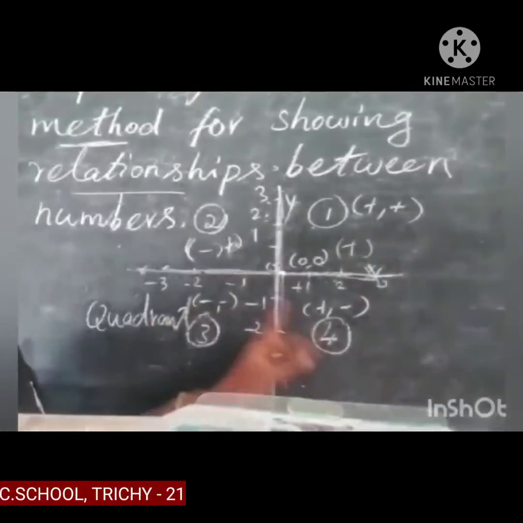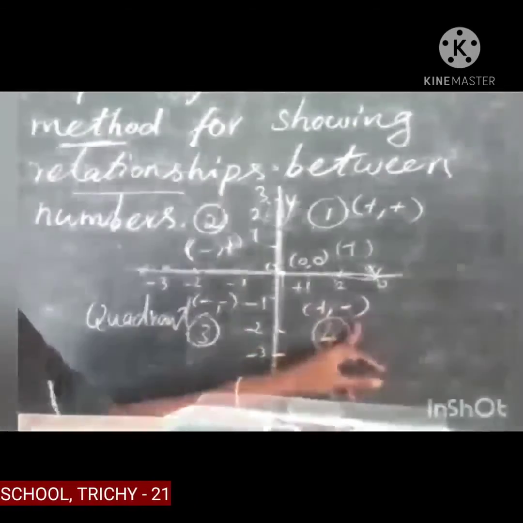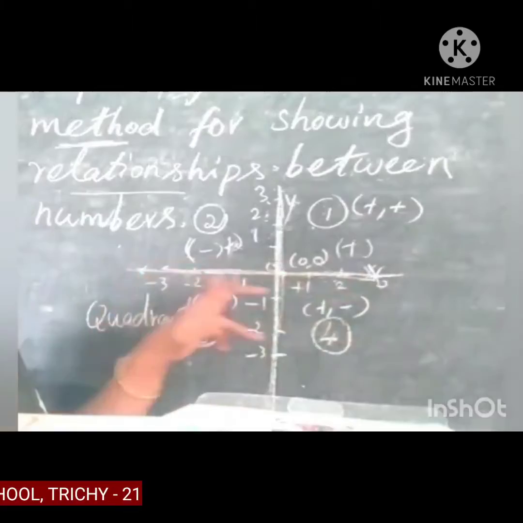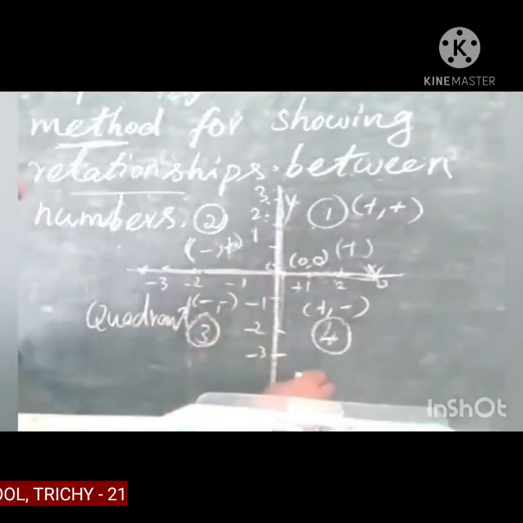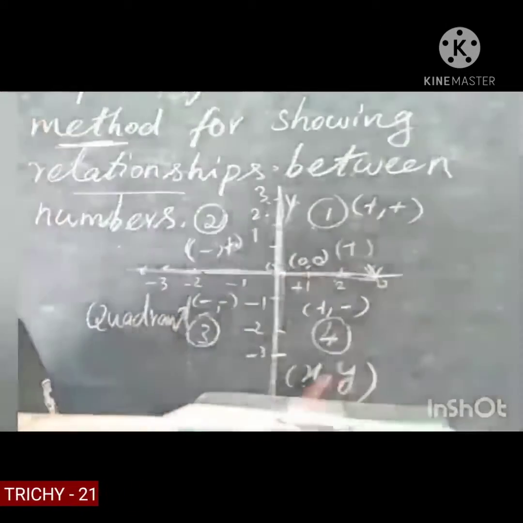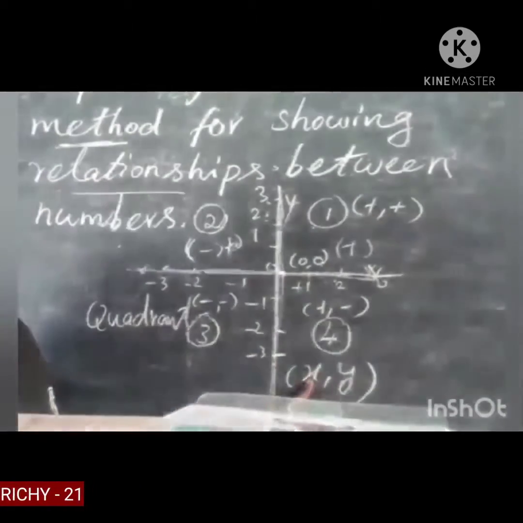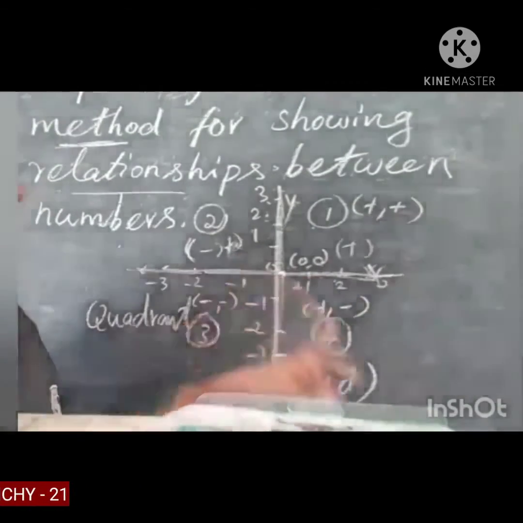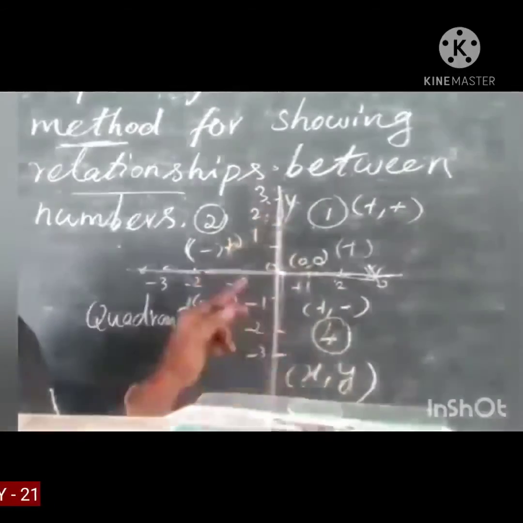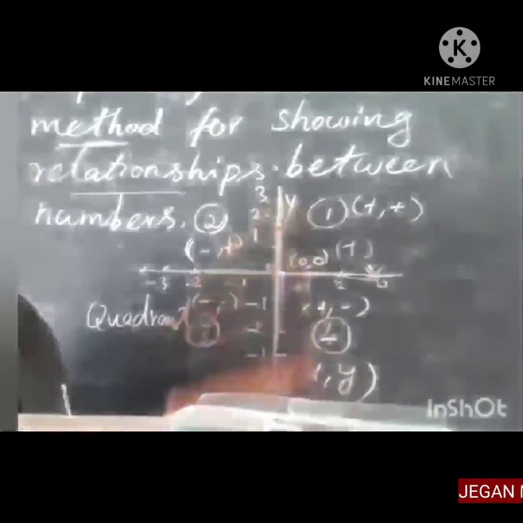In this fourth quadrant, it is just the opposite: positive and then negative. So always you mention the x-axis number first. For example, you can mark any point (x, y), which means always x first. You mark the first point on the x-axis. Second, you always mark the second part on the y-axis. The second number is the y-axis.